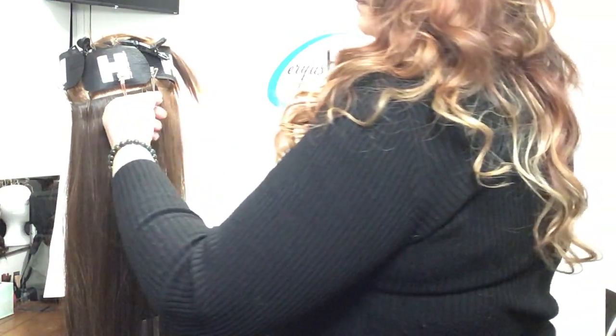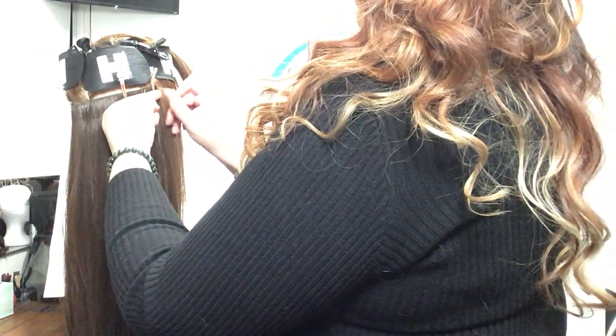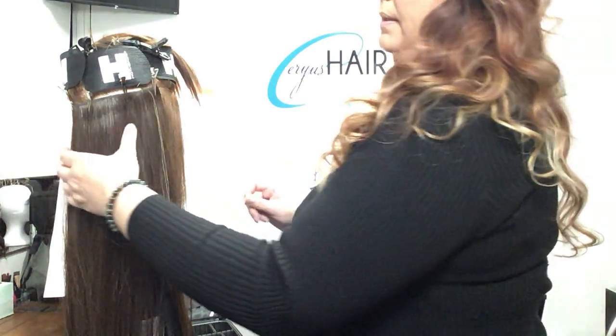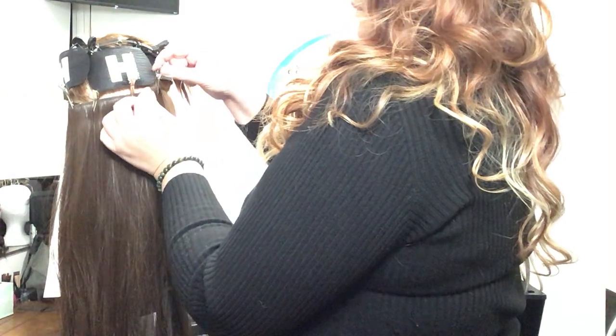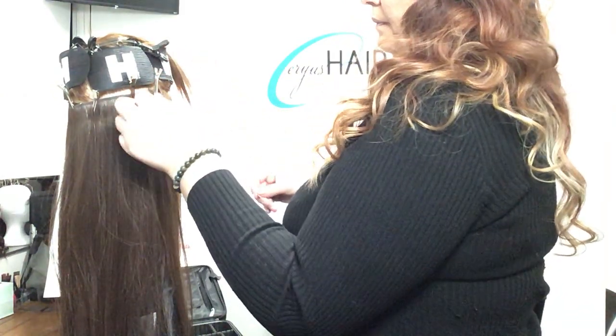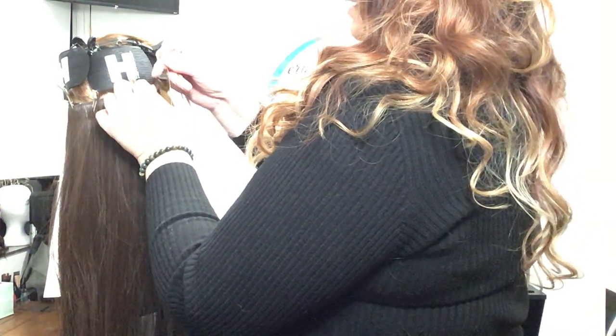Now what we're going to want to do is go forward, and then we're going to go back, so that way we can really secure this in here. Everything's nice and neat here. Now that we've done our lock stitch,